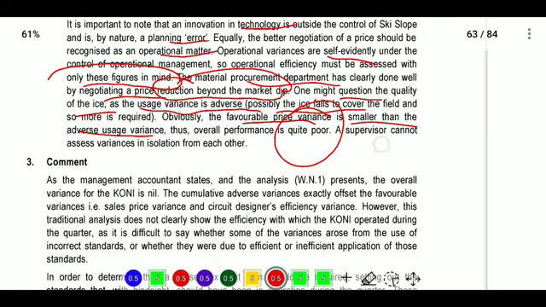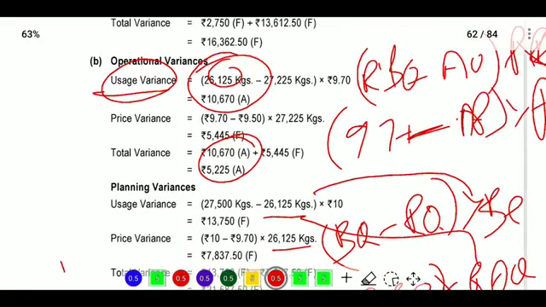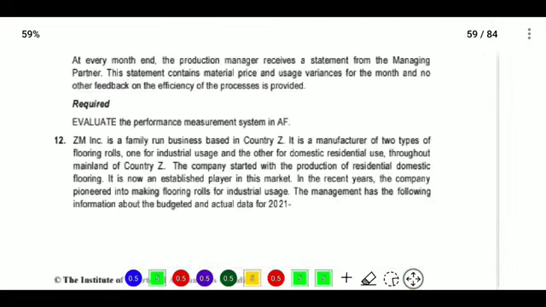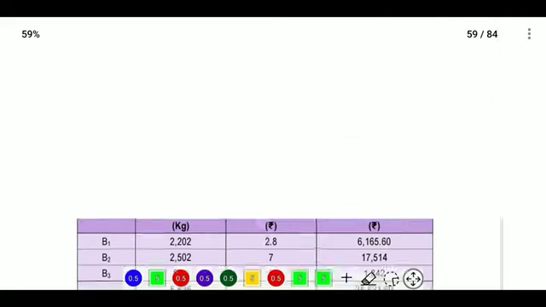A supervisor cannot assess variances in isolation from each other. So if you see the overall, it was adverse only, so it is not good, it is in poor condition. Next question we will see in another question. What is the question we will see? Next question will be